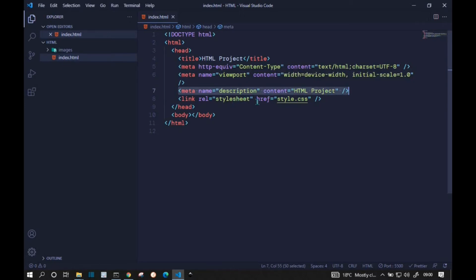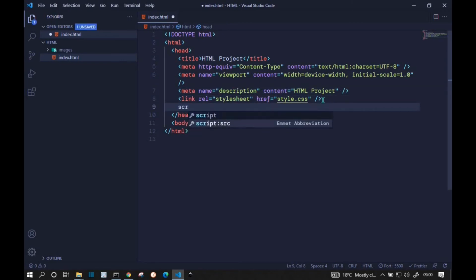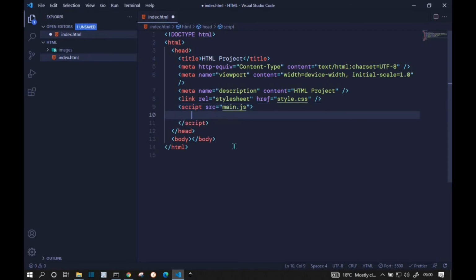Now another tag that you may include in the head is a tag linking to a JavaScript file. So we have this script tag, and it has an src attribute which can point to a particular JavaScript file, for example main.js, and then the closing tag. A script tag has an opening and a closing tag because you have an option of writing JavaScript code in here. Okay. Now with that, we can move on to the body and talk about the tags that you can use in the body.